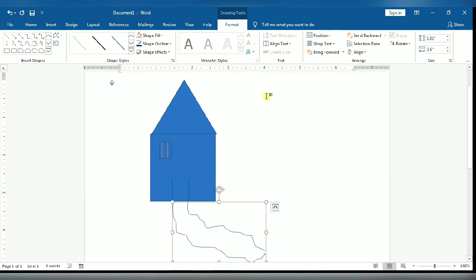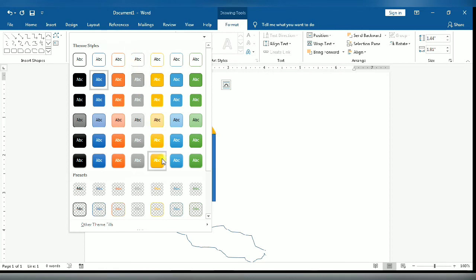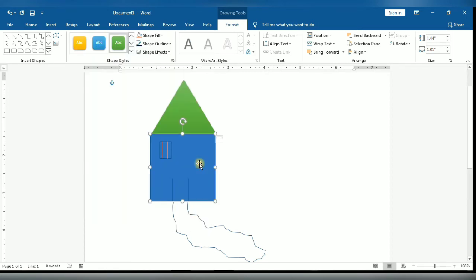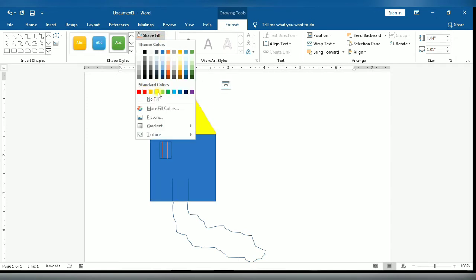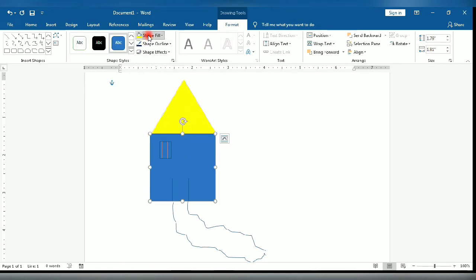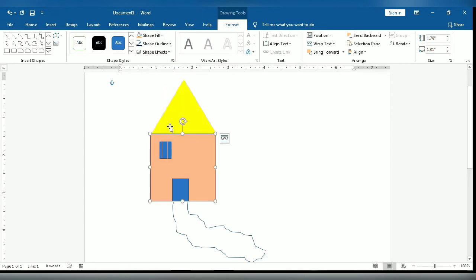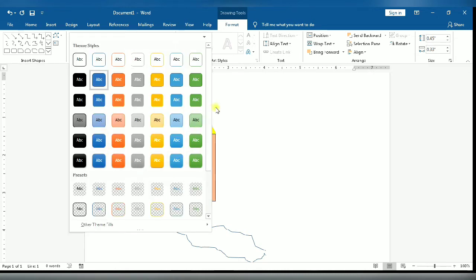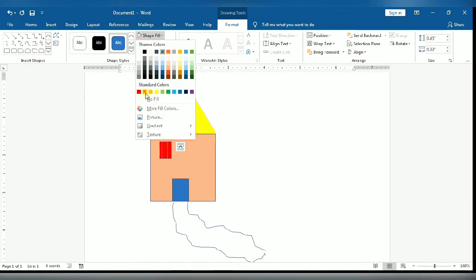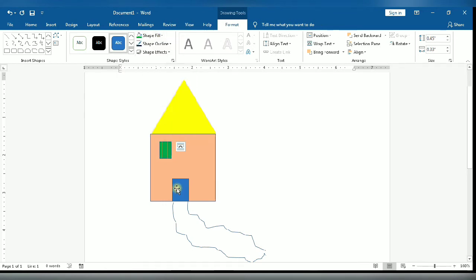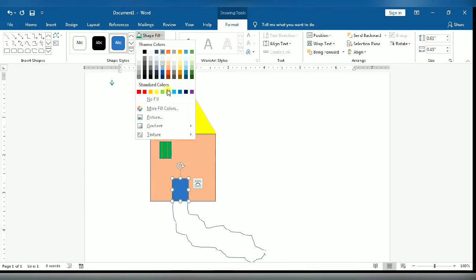So let us start with how to fill color. Suppose you select this shape, and you can select any of the shape styles. You can fill the color of your desired choice by selecting this. Now you select this color, fill the shape. Again you select this shape. Here you can select the styles of your shape as per your requirement. Now you fill the shape again by using this color. Again you select this and you can fill the shape like this.